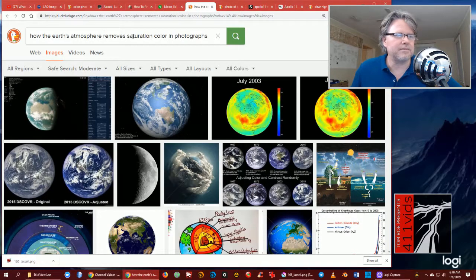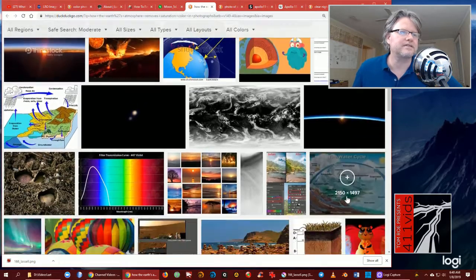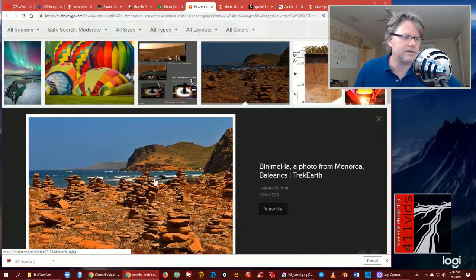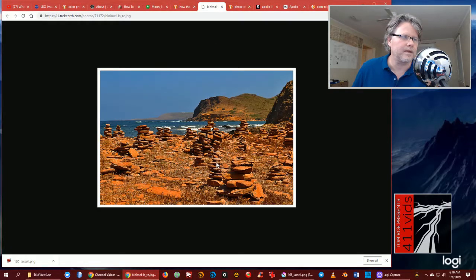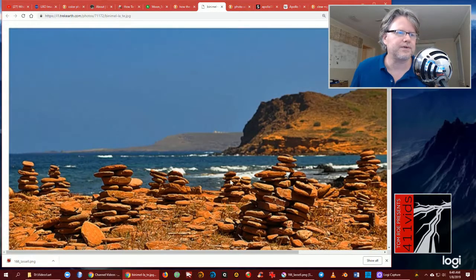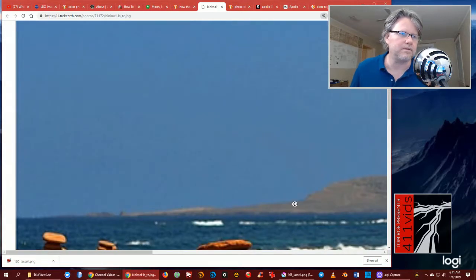So, how the Earth's atmosphere removes saturation color in photographs. I don't know if you realize this, but if you're looking at a scene like this, right? And let me open this in another tab. As you can see, the more atmosphere between you, your camera, and what you're looking at, the less color you get. So you can imagine on the moon, when we're quite a ways away here on Earth and we're looking at the moon through our atmosphere, that the colors are muted. They're horribly muted,